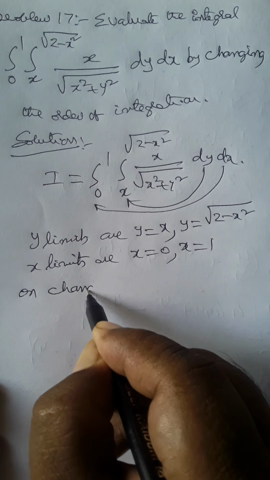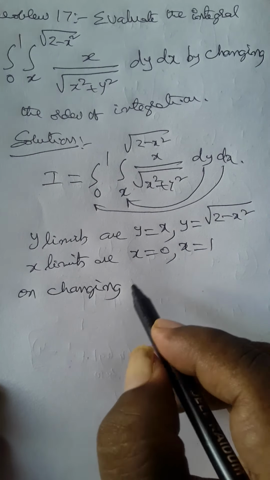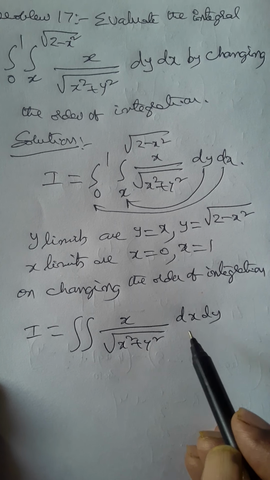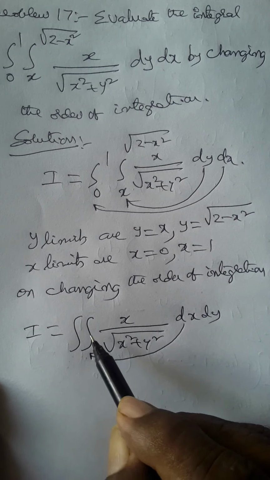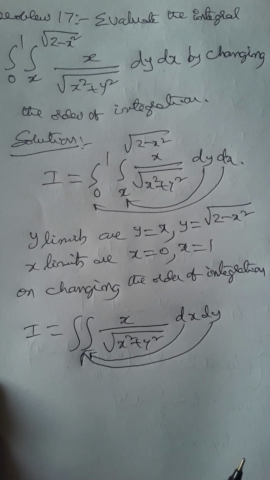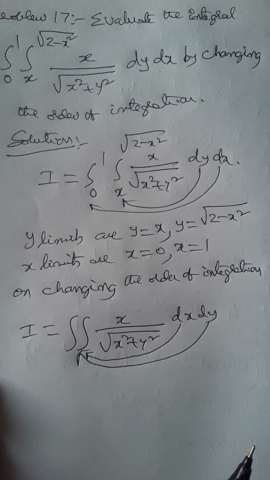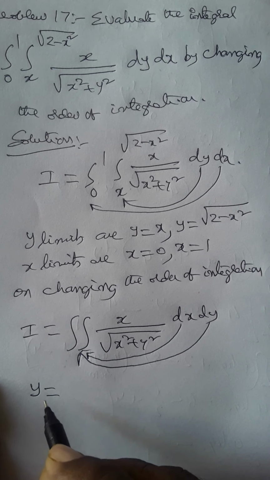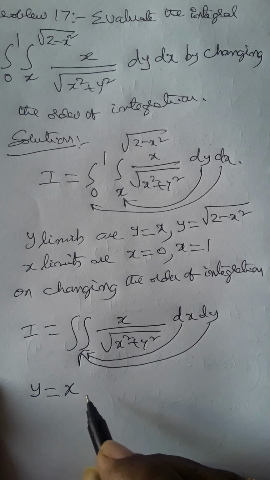On changing the order of integration, I is equal to double integral x by root over x square plus y square dx dy. Here dy dx is there, right, here dx dy. Now we have to obtain here x limits, here y limits according to the given rules and given diagram. Now y is equal to x is a straight line